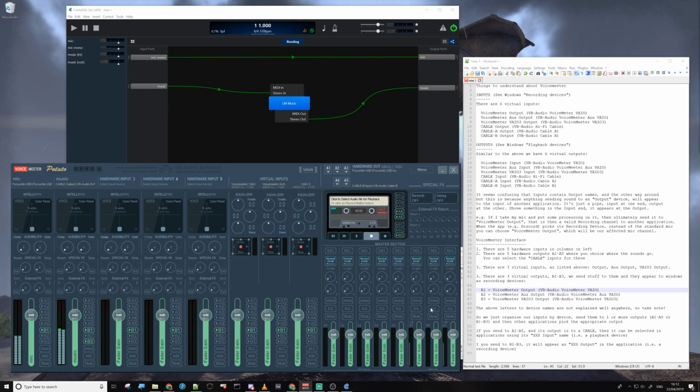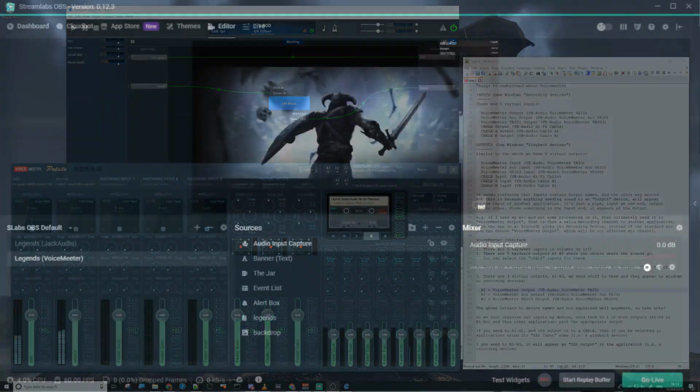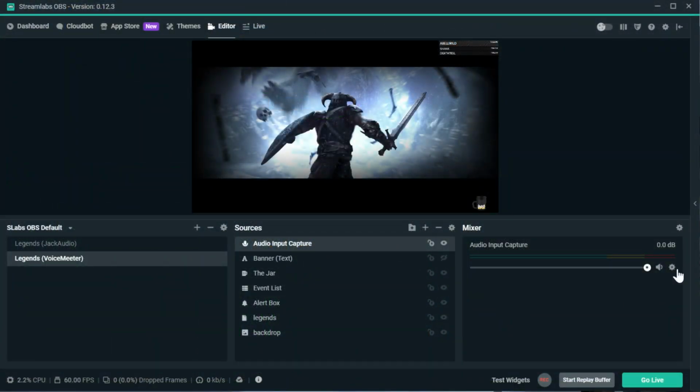So instead of it being a virtual input device, we're sending it to a virtual output device, and that virtual output device is then going to be used as a kind of speaker. So that's an alternative way of setting it up in OBS. So for instance, if I turn both of these channels off now and go back over to OBS, we can see that there is nothing coming through on this capture,